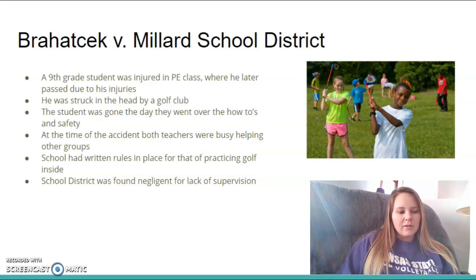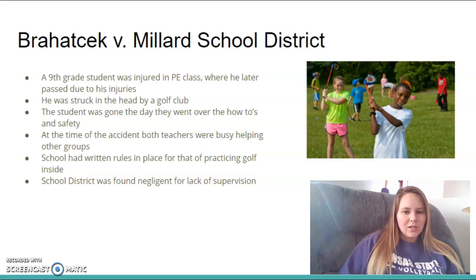And then describe professional ethics that would be beneficial. I don't feel like necessarily ethics were in question. It was just a mishap that was unfortunate, because the teachers were present, but I would suggest maybe not making a class of 50 practice golf club swings inside with only 2 adults in the room to supervise 50 students, and 1 being a student teacher. I feel like that's kind of the school's fault for putting them in that situation. But then also it is the teacher's fault for not following the written instructions of how to have golf inside when there's inclement weather.